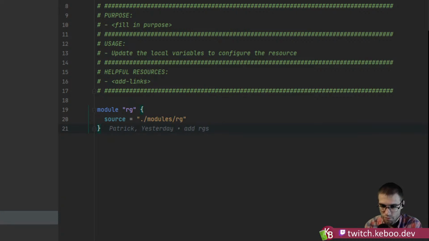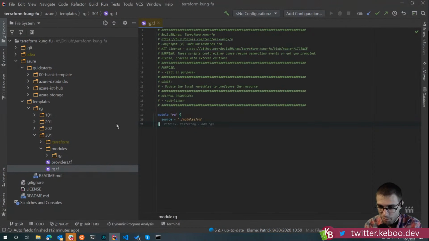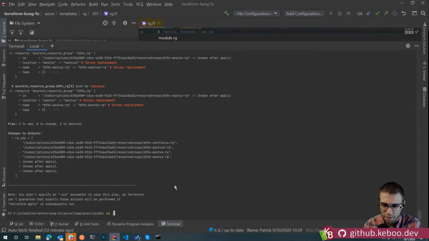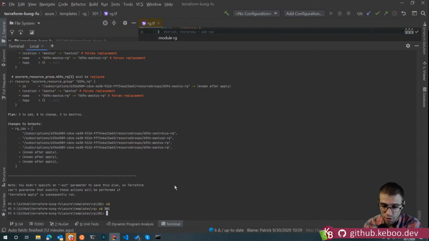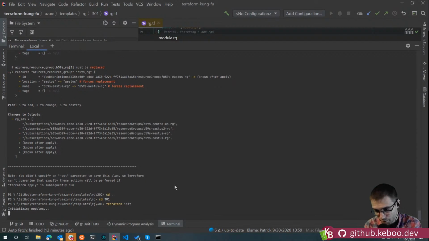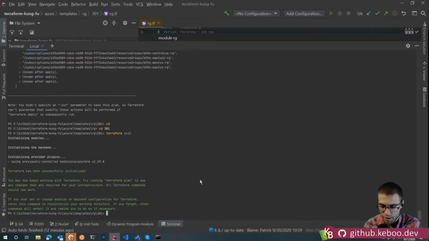Now, what's interesting about the source here, obviously we're in a folder structure, we're running this here, but this source could also be other things, right? Like it could be a Git repo. You can go through and pull that in from various ways, and maybe we'll get all the way to a sample of doing that. But there are blog posts written out there about effectively maybe you want to take these modules and have it as something that gets referenced. So some people go the Git approach and do Git submodules to bring in some shared set of code, but you can actually reference straight into a Git repo. The only fun bit there is figuring out the auth and how to pull it in.